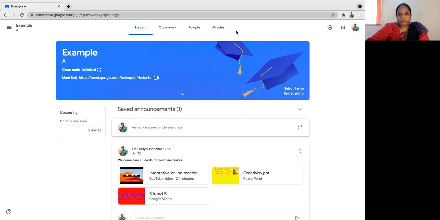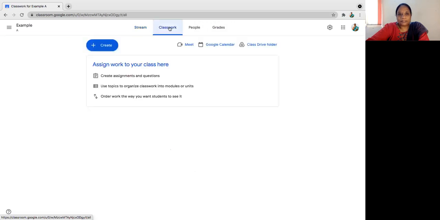So moving on to the second tab, which is the Classwork tab, you can see here. This tab is very similar to all the class work that you give. It can be a class work, it can also be a homework. All the assignments, the quizzes that you conduct. It can even be sharing of materials related to a topic. It can be a PDF material or a PPT, whatever. So let me show you one by one.